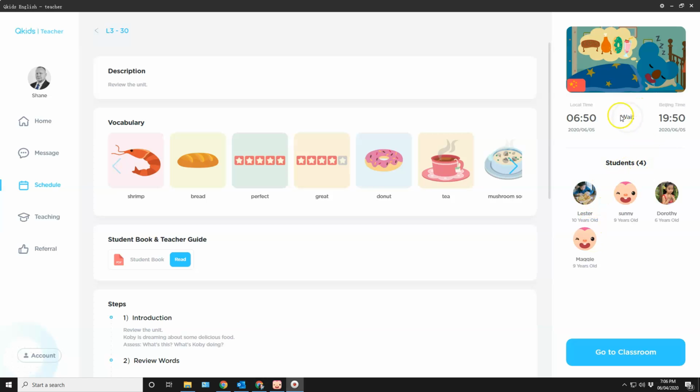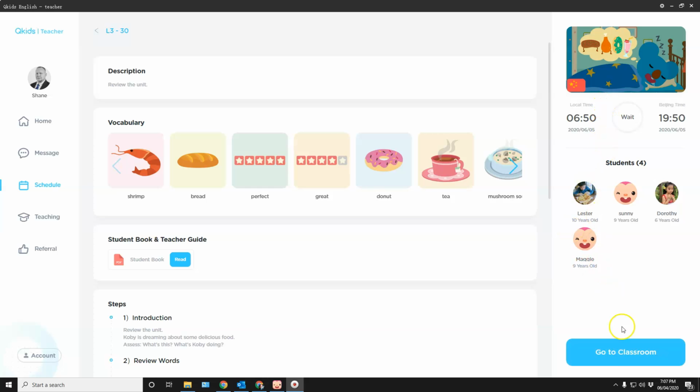It says wait because it didn't start for a long time. I guess that would be the time the class starts here in Central Time in the United States, and here's what time it'll be in Beijing. And anyway, so I got a ways to go, because that's the class for tomorrow.